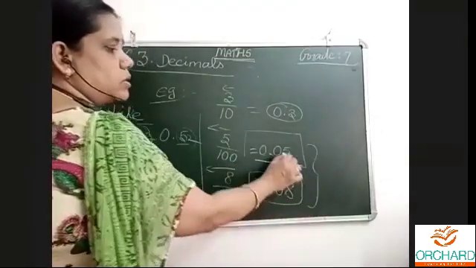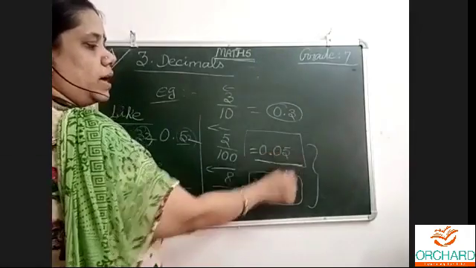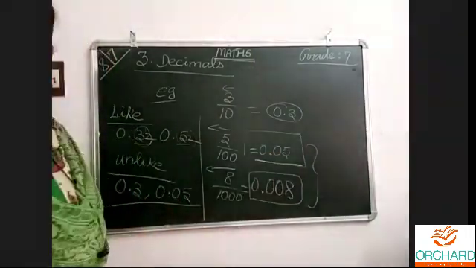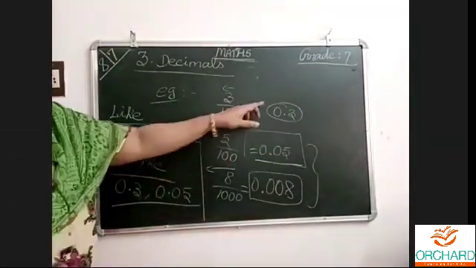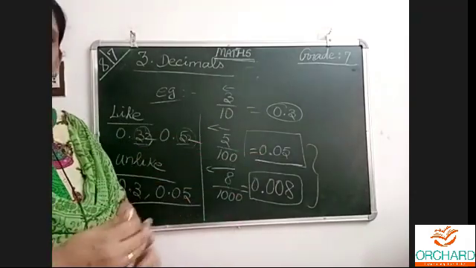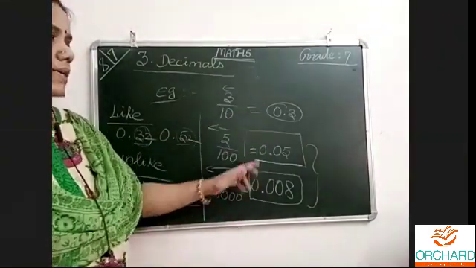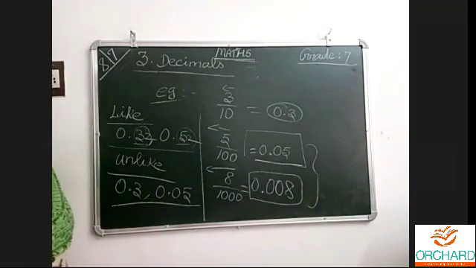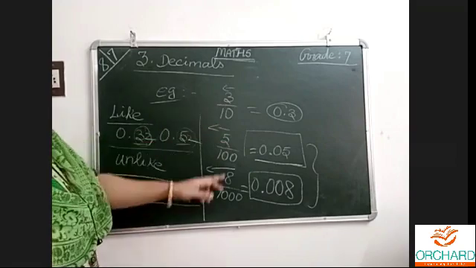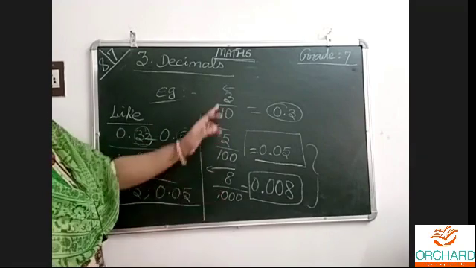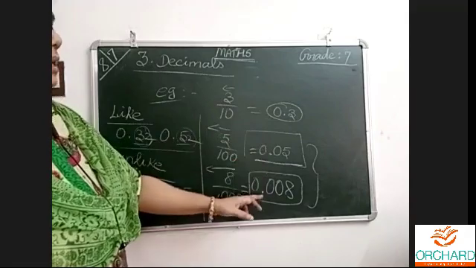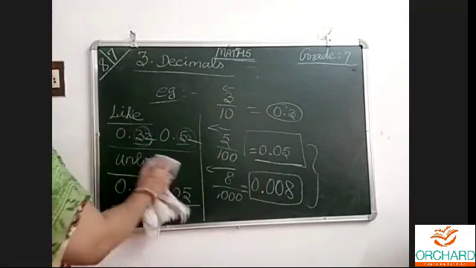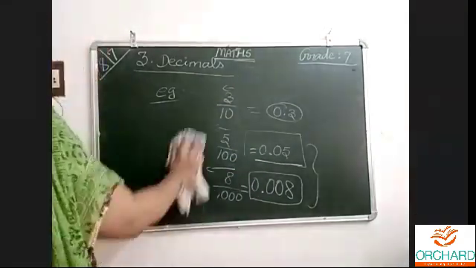These two are also unlike. After the point, two numbers are there, and here 3 are there, so these are unlike decimals. When they are the same, they are like decimals. Okay. So decimal fractions, you know this is a decimal fraction. This is about writing in decimal numbers. This is about like and unlike decimals.